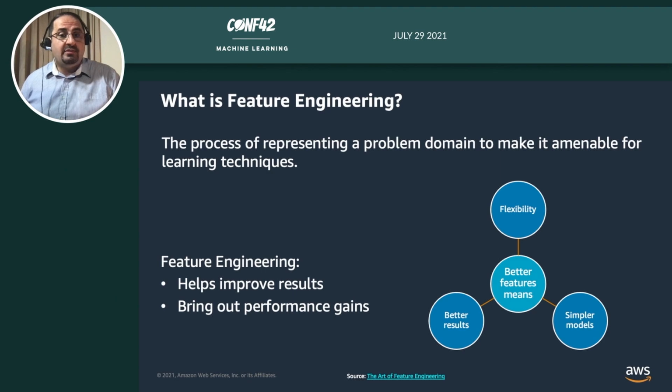And feature engineering tends to bring out performance gains beyond tweaking the algorithms themselves. In machine learning contexts, sometimes feature engineering is referred to as data munging or data wrangling. Regardless, feature engineering is a process to select and transform variables when creating a predictive model using machine learning or statistical modeling. And feature engineering is an art, like engineering is an art, like programming is an art, like medicine